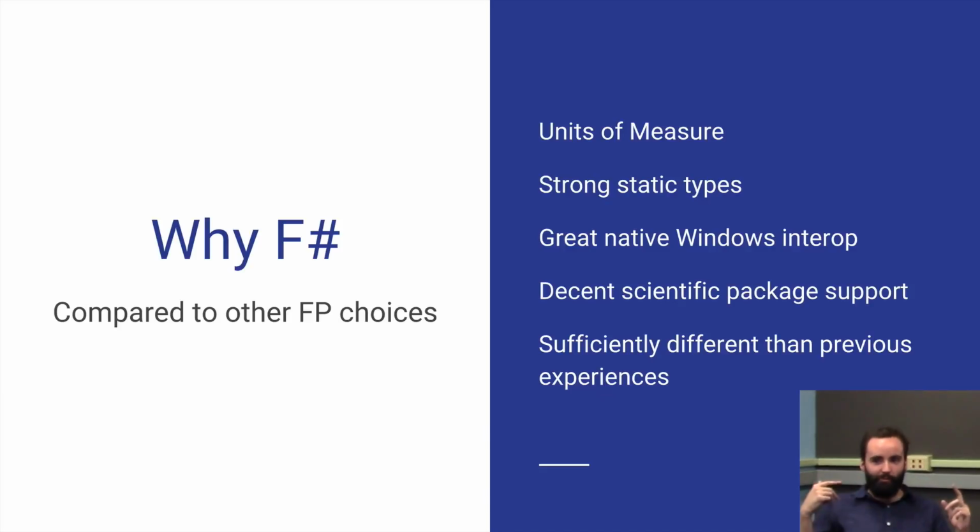Units of measure really caught my eye in the very beginning. It wasn't as helpful as I wished it was, but it was still really cool. Strong static types was really great for the amount of tests and compile time things that it did. My second favorite language is still Python, which is not statically typed. So I have that duality: when I want to get things done, I can always flip to something else. But I do like static types for this application.